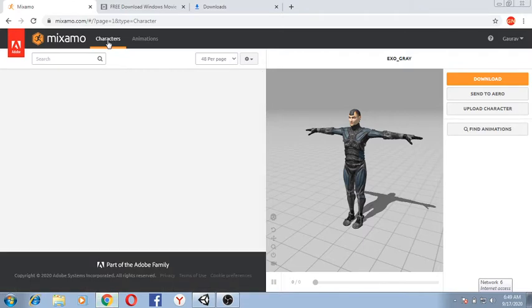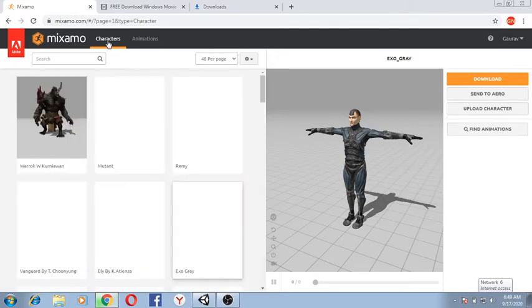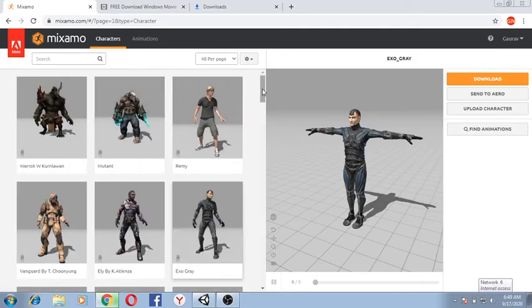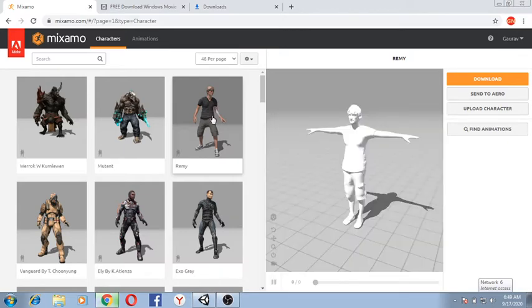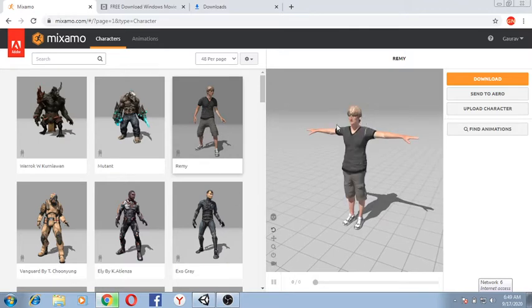and you have to select a character, whatever character you want for your game. For example, if I want this boy for my game, I can select him, and when I click on this boy, automatically his image is going to get reflected here in this window. Now as you can see, the boy is not moving.